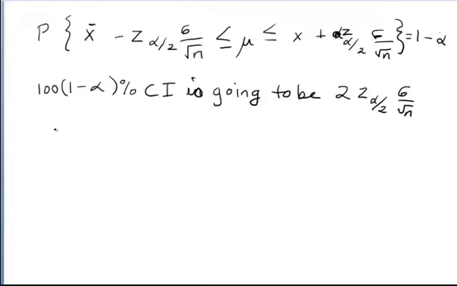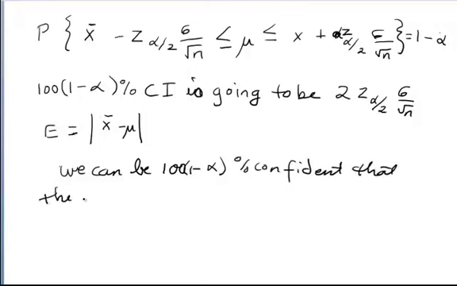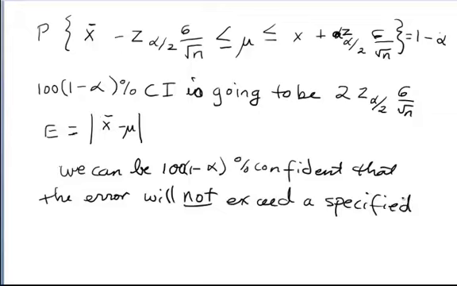Now, the error is equal to basically how far away we can get from the mean. And if we want to restrict our error, what we can do is we can say that essentially we can be 100 times 1 minus alpha percent confident that the error will not exceed a specified amount E when the sample size